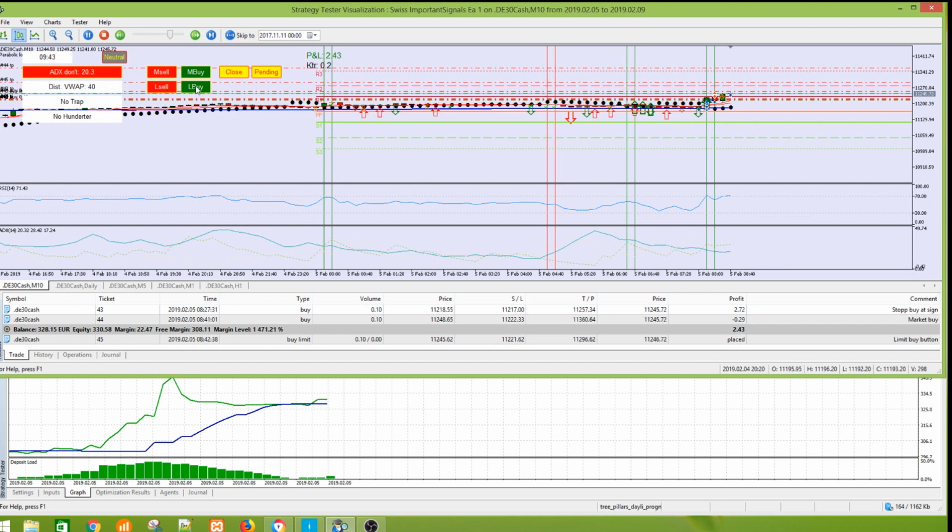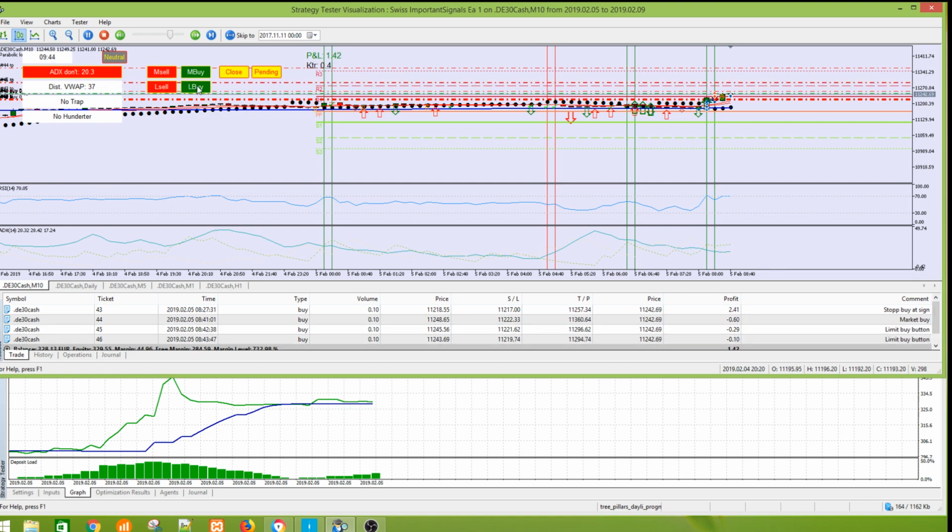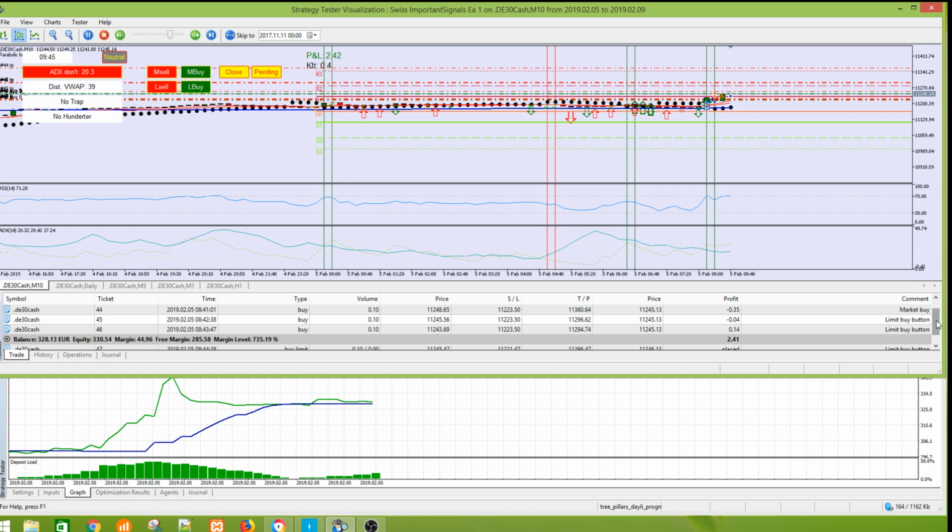Oh, this should be green now. I have the limit with 20. With ADX 20, I'm not allowed to trade. It must be over 20. That's a filter. Linda Raschke says don't trade under 30 in 5 minutes, and